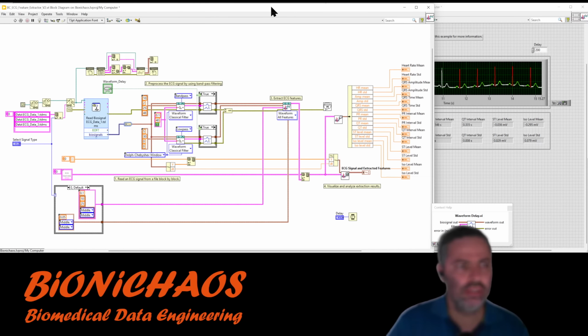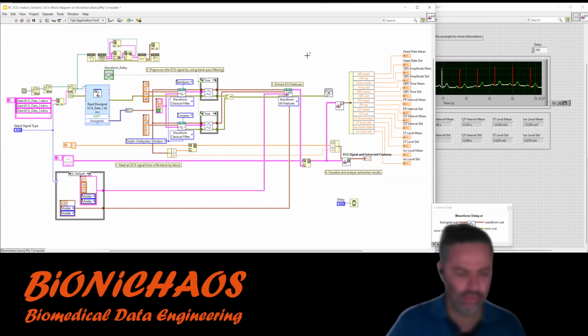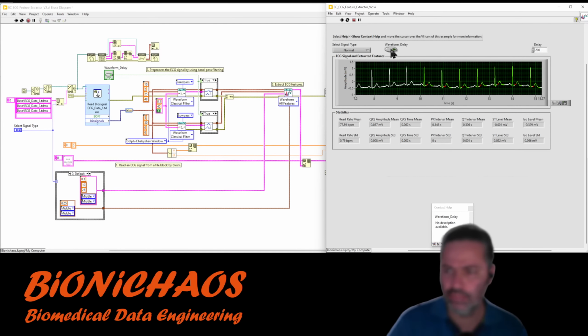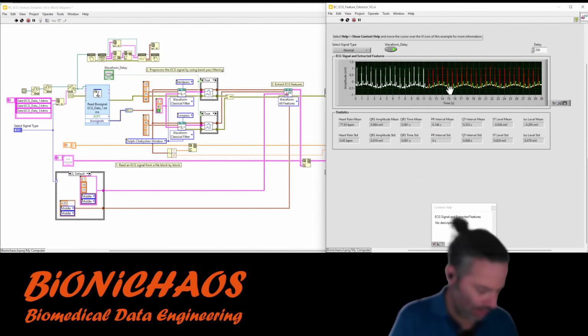Try to figure this out. So it stopped working. Well, I mean, still working. And I need that waveform delay for it to work. Then, so I have this 30 seconds of ECG, and then I will label the second part, but not the first one, where